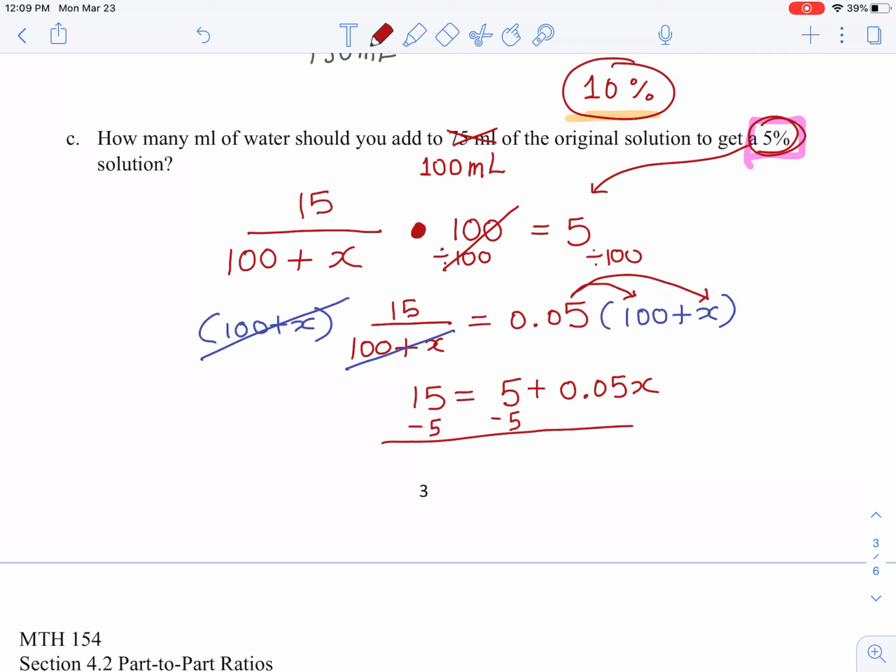This one is going to be considered a little more than the first two parts, but we can do this. What we're going to get is the 5 canceled out, and we get 0.05x equals 10. Divide both sides by 0.05. We'll be able to find how much water should be added to make this solution 5%. So grabbing my calculator, I'm doing 100 divided by 0.05. And that comes out to be 2,000